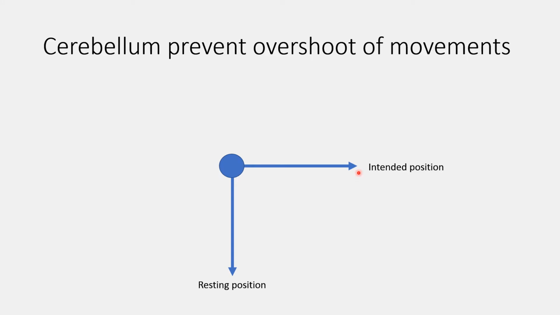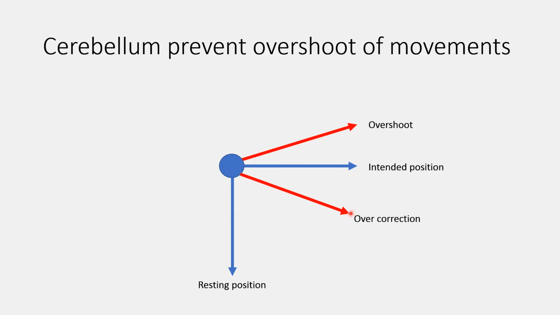But in a patient with cerebellar damage, the damping mechanism is absent, which results in overshoot of the movement above the intended mark. It is recognized by the cerebral cortex, which consciously corrects the overshoot and initiates movement towards the reverse position to reach the intended mark, which results in overcorrection. So first overshoot occurs, which is followed by overcorrection.